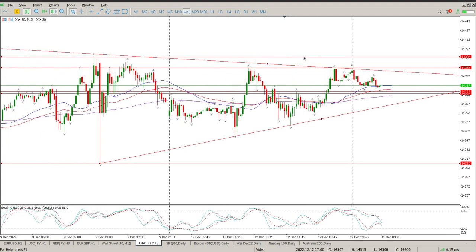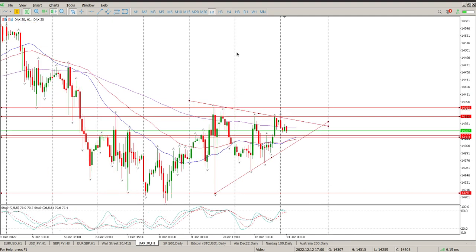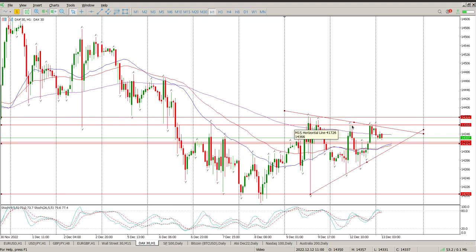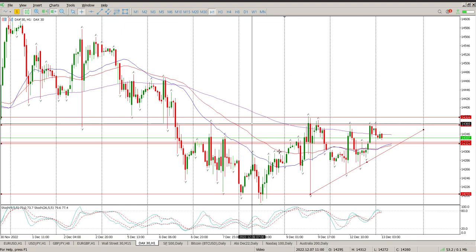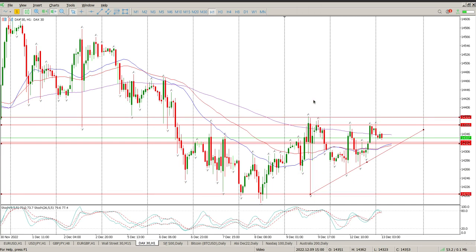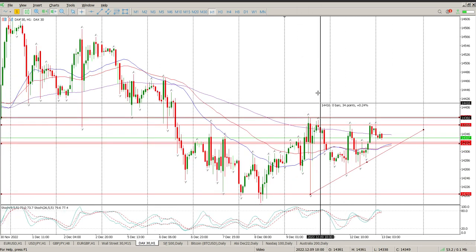Break above that, I'd want to see a pullback onto that, because that should get quite interesting, because that is sort of the high of what we've had. It's sort of the top of the range that we've been doing, and then that opens this flat top triangle up completely, and then we're looking for a move equal to that. So 176-point move from here up,